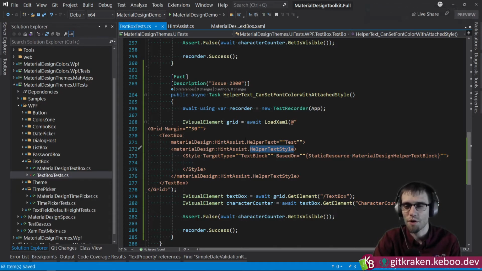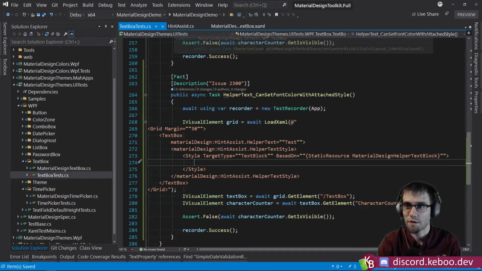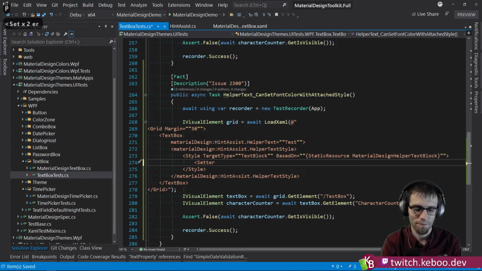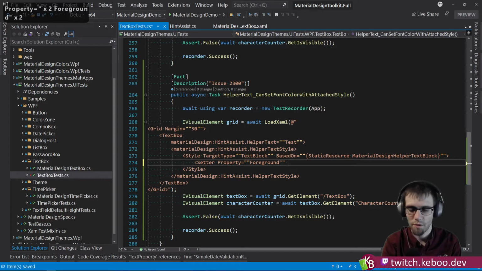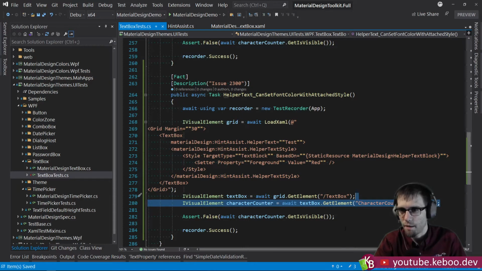Like there's no good testing libraries for doing this, which is why I built this thing, because I wanted a way to just effectively automate me launching the demo app and clicking through all the styles, because that was getting out of hand. And more importantly, I miss stuff all the time. And so having something that can be a little more concrete is much better. Let's see, foreground, value, red, right? So this should give us, I think, what I want, right? And so ultimately what I want to grab then is